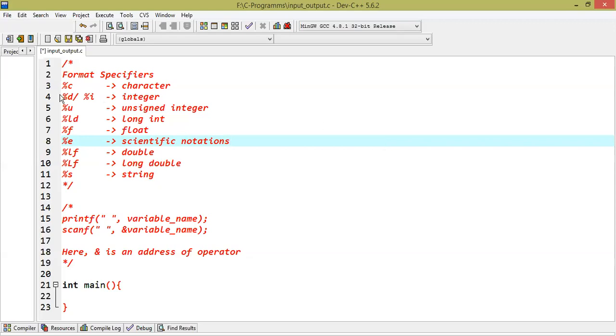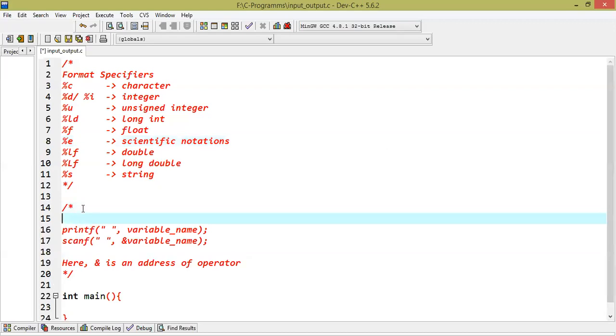Format specifiers are normally used with the functions printf and scanf. These two functions we call standard input output formatted functions.